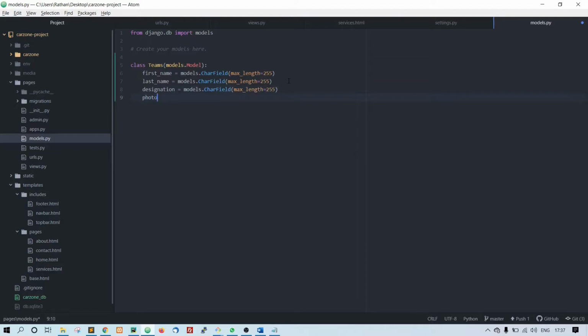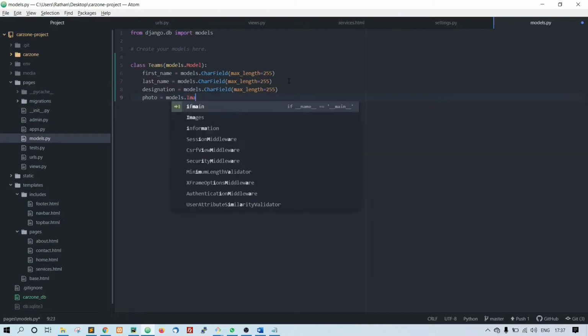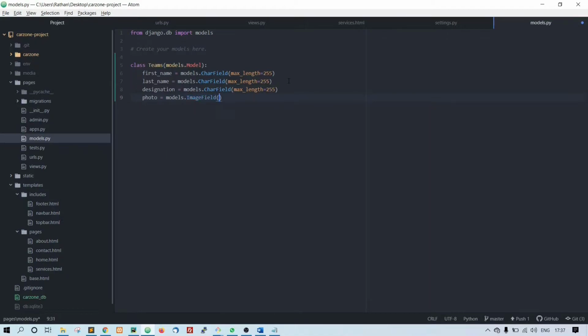We need photo is image, models.ImageField, upload_to photos. Then let's type in upload_to photos slash %y slash %m slash %d, slash.